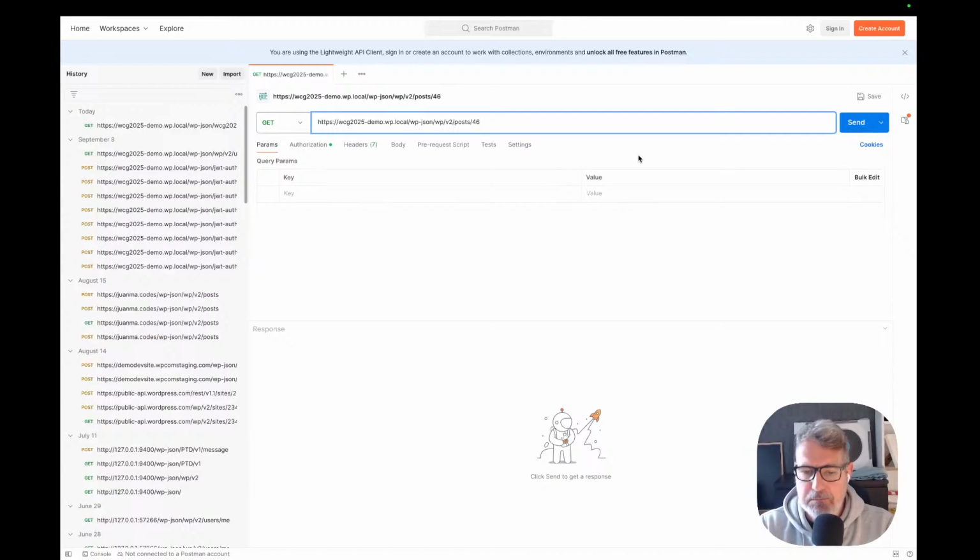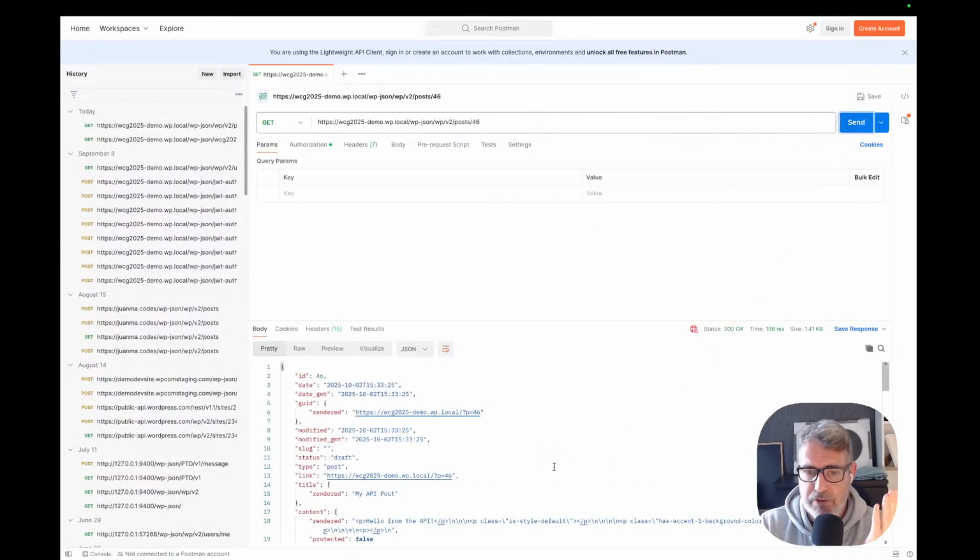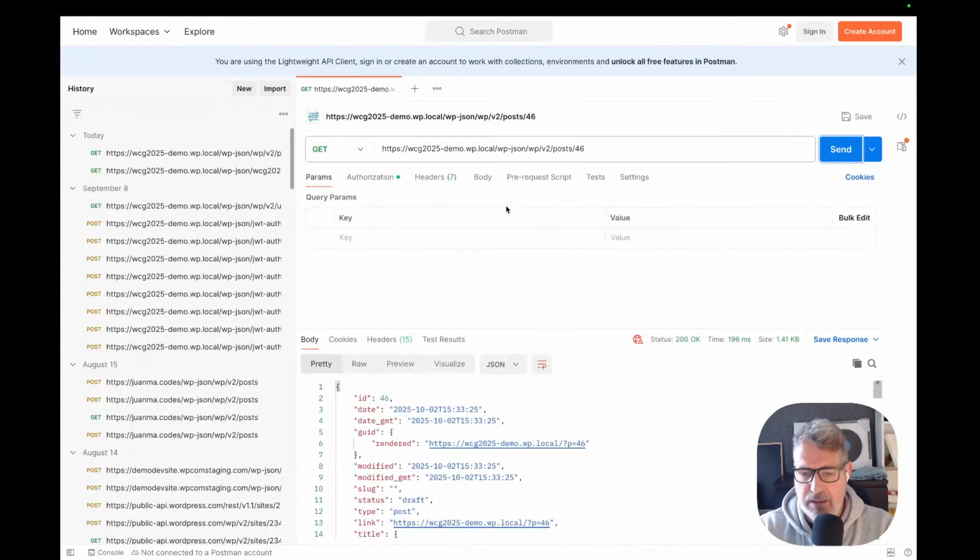This is the URL. We can do a GET. In theory, we don't need authentication to do a GET request to this endpoint. But if we do a POST,